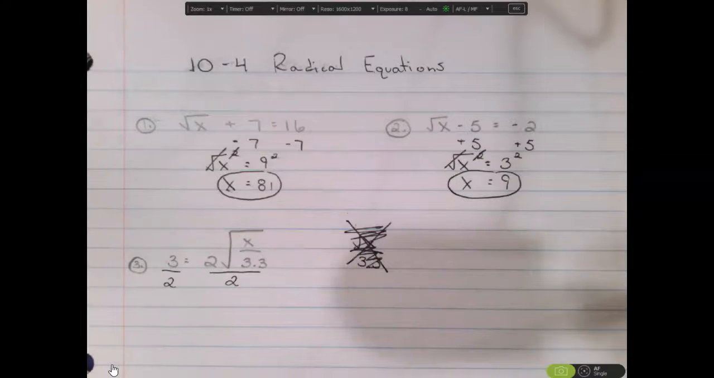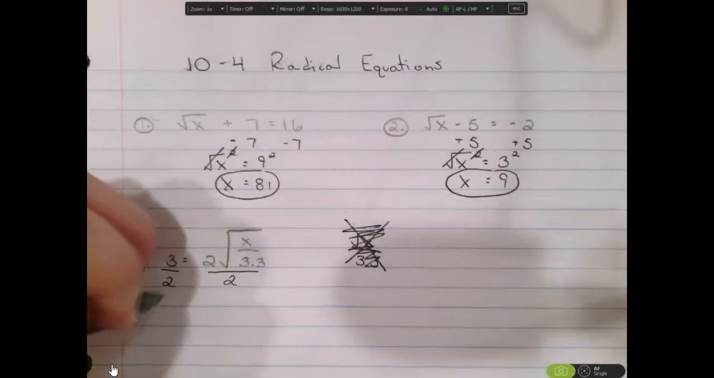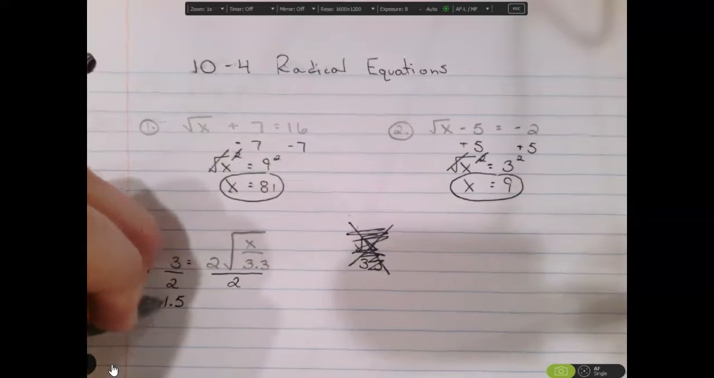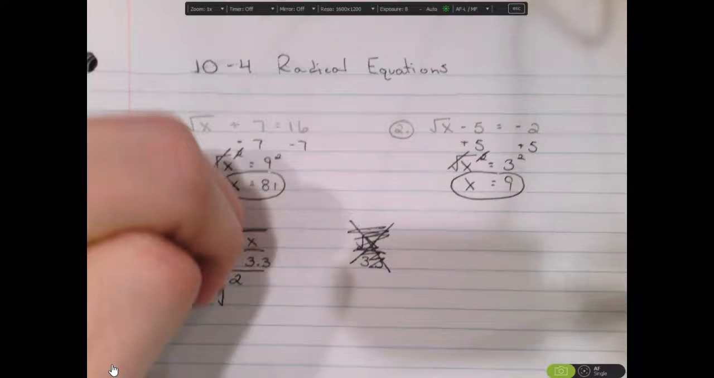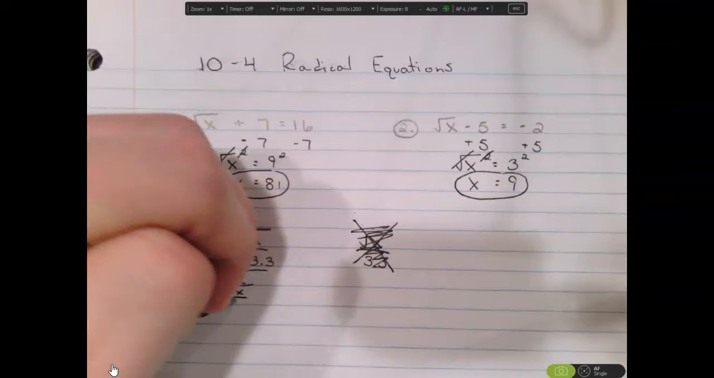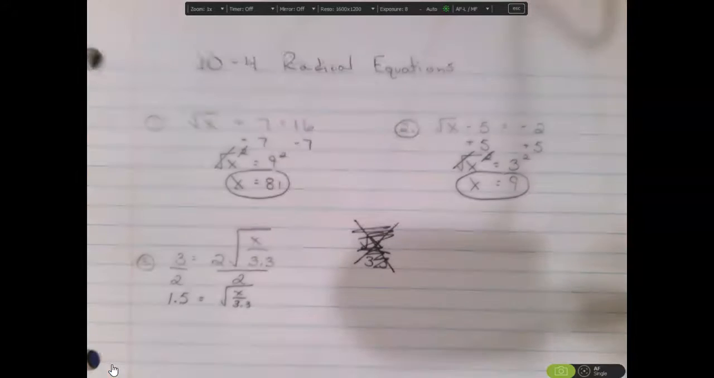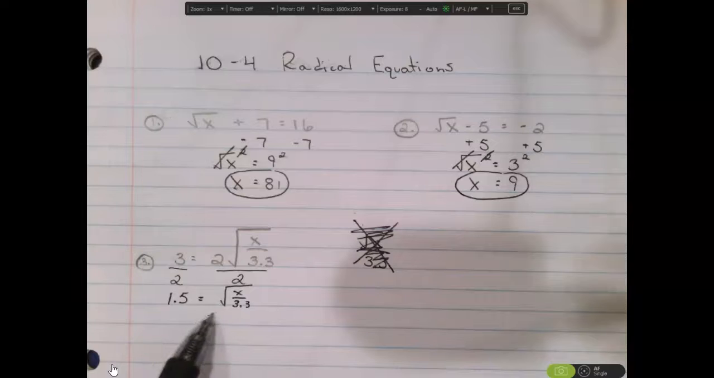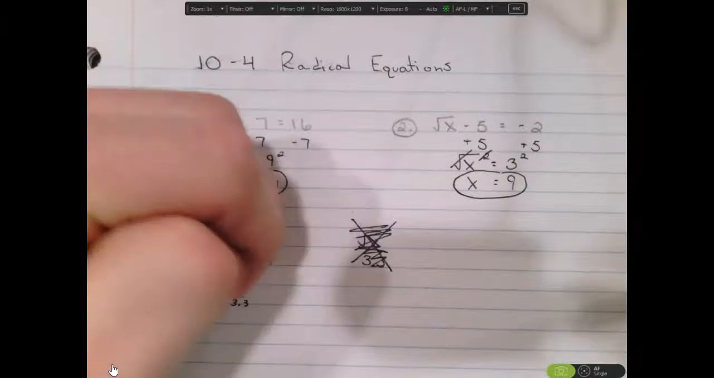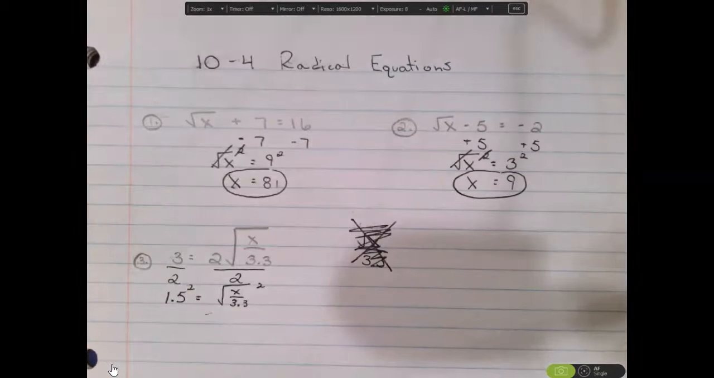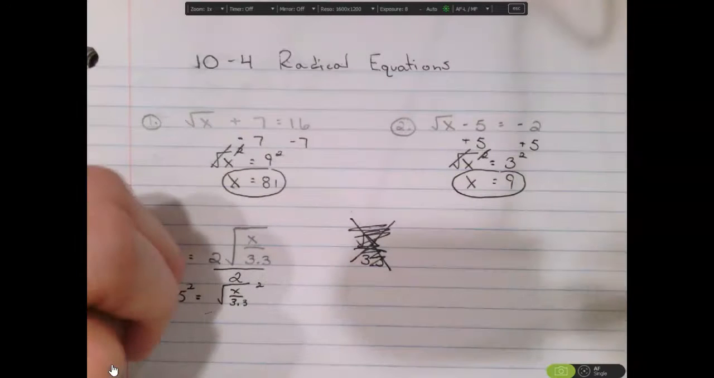From there, I have 3 divided by 2. So when I do 3 divided by 2, I get 1.5, or if you want to leave it as 3 halves, that works as well. And that is equal to, now I still have this square root of x over 3.3. And guys, now this problem is very similar to what we have up top. I've got a number equal to the square root of something. Square both sides. Get rid of that square root symbol now. So I'm going to square both sides. So 1.5 squared. That's going to make it